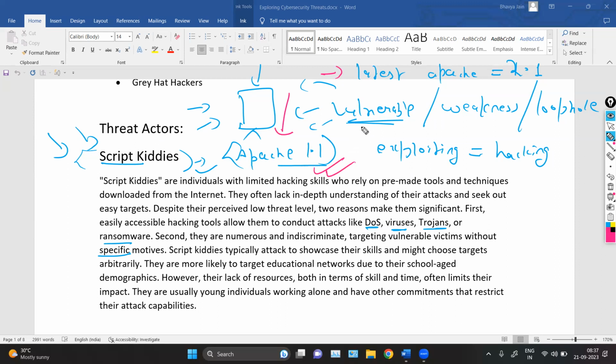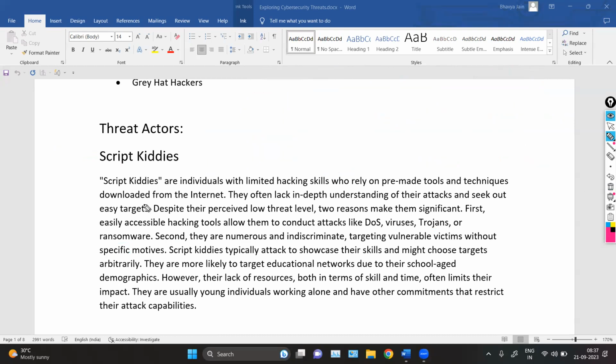We can have vulnerabilities in many forms, many categories of vulnerabilities, which we will discuss later. But now you can just understand the term vulnerable here: there's a weakness in your system, and through this weakness or vulnerability any attacker can hack your systems or gain access to your system. That is vulnerability.